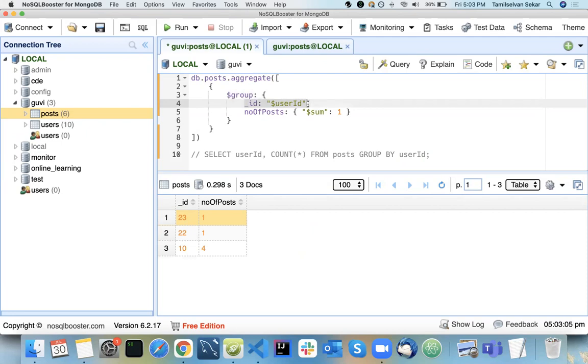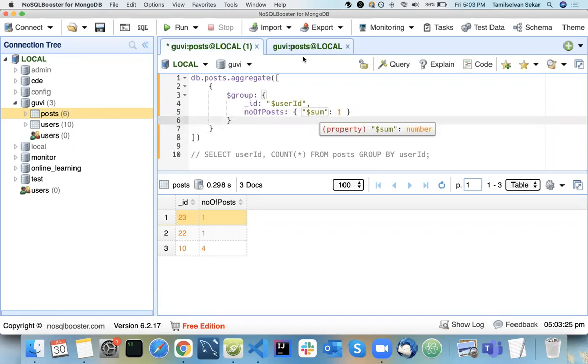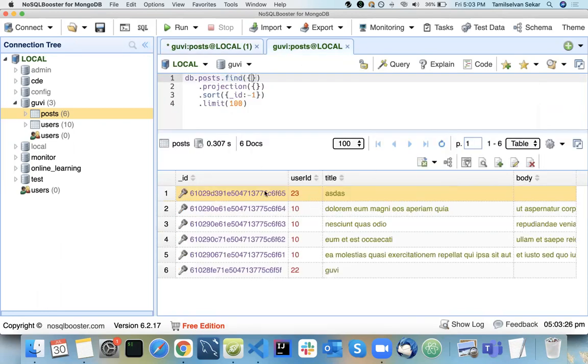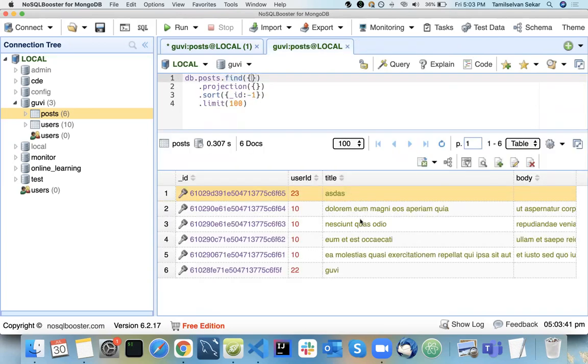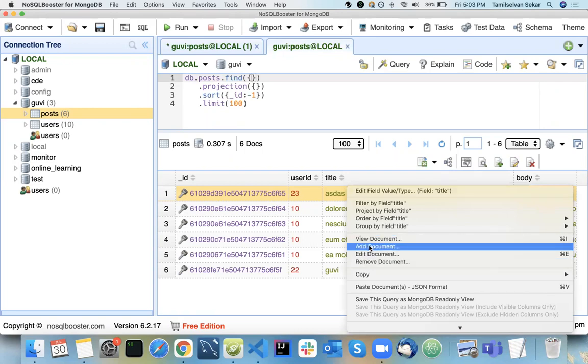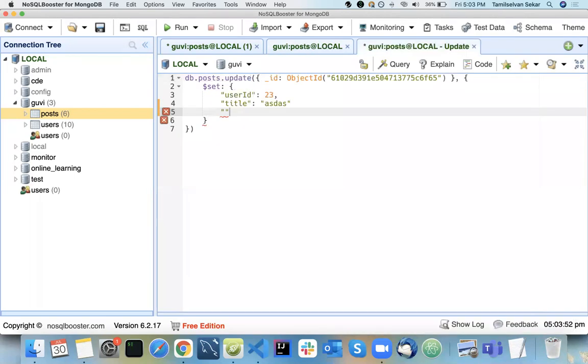Then if you want to get the count, you can use it this way, like sum of number of posts. If you want to get the count, you can mention sum here. For example, if I want to get the minimum value or maximum value, I will add this thing, so then only you will understand. I will add